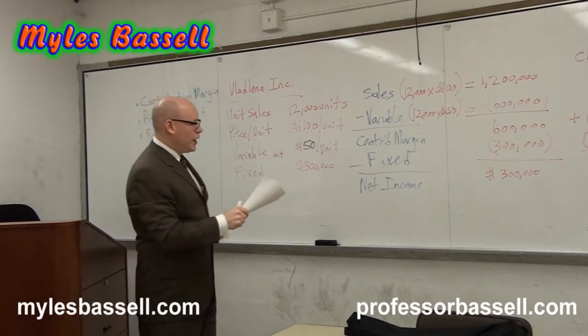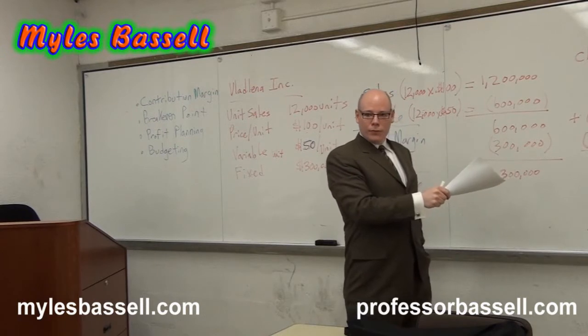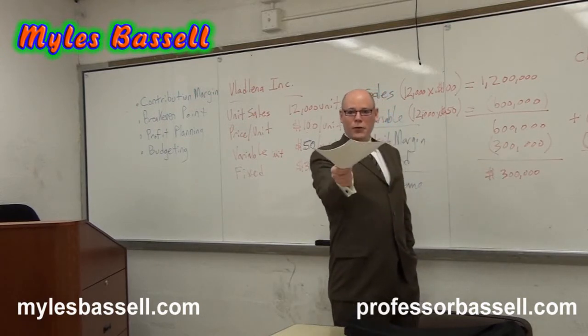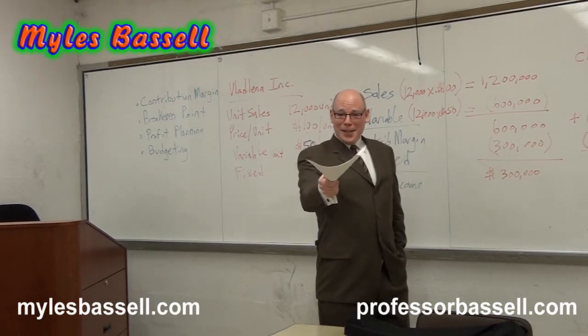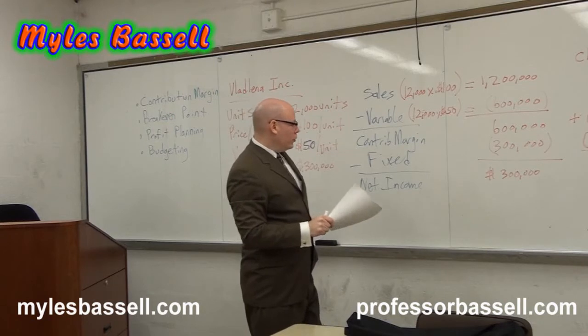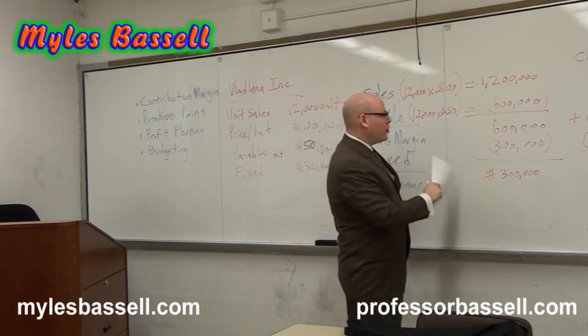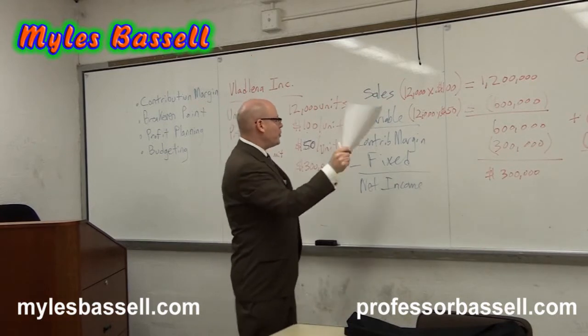So what's going to happen to net income? What happened to net income here? Increase by 100. Yeah, tell us. It increased by 100. This is your company. Tell us what happened. It increased by 120,000. Right, so net income, there was a 20% decrease in fixed cost and a 10% increase